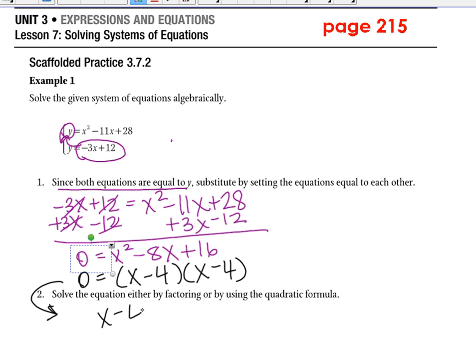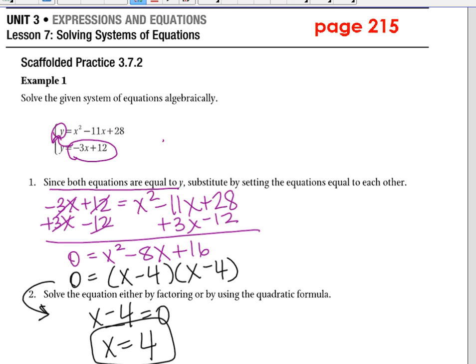If we set x minus 4 equal to 0, we get 4. You don't need to do that again. Over here it's redundant. You're going to get the same answer, but that's not the whole problem. We need to know what y is. So you need to go through and say, okay, well, I know that